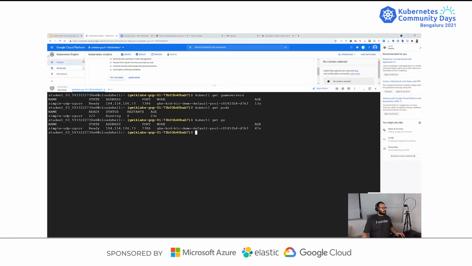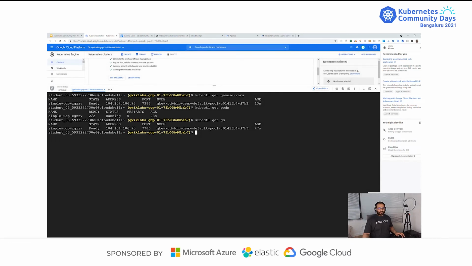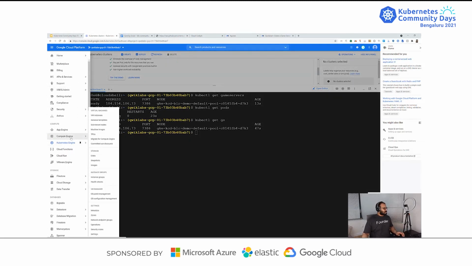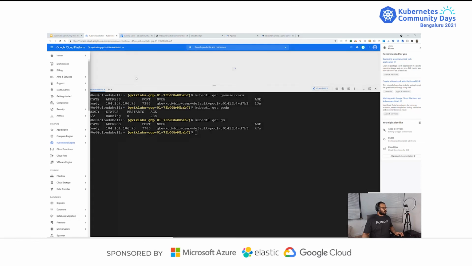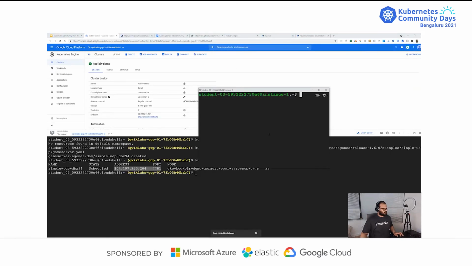Now let's connect to the game server. To connect to the game server, we can just create a simple virtual machine and say hello to this game server and see how it will be done. Let's create a virtual machine. There's a simple UDP server running on Agones.